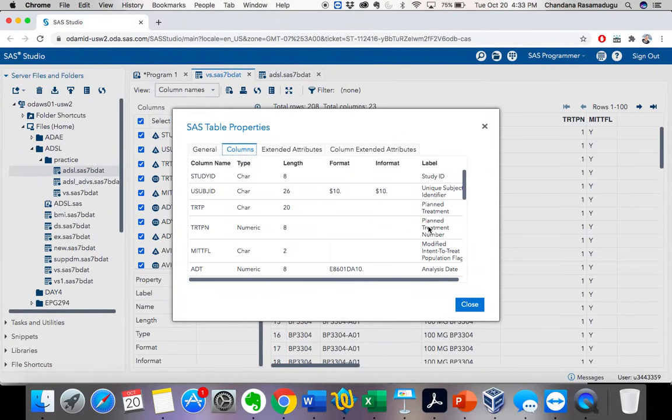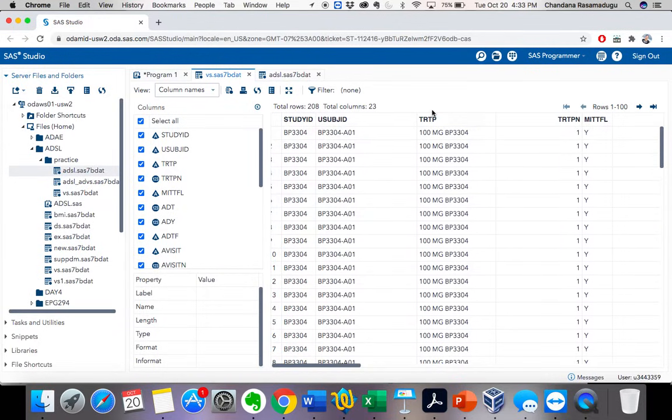But here I also have planned treatment number. When I check that, I have TRTP values and TRTPN values. These TRTPN values are in the form of numbers. If I want to order the data, these numbered values are easier for me to order the data with.